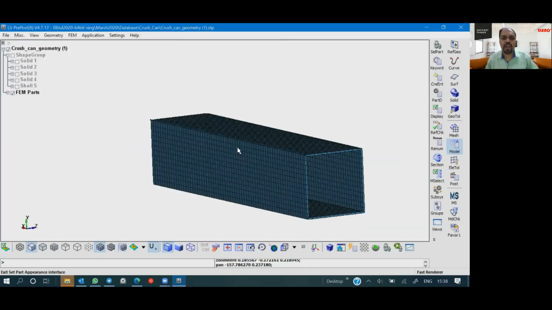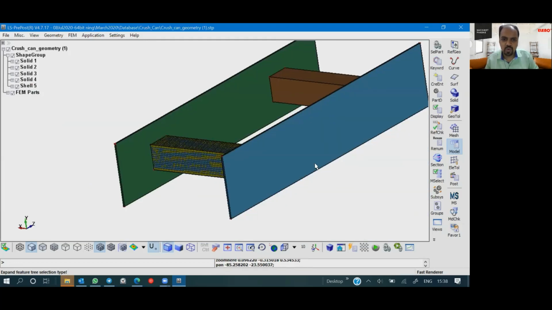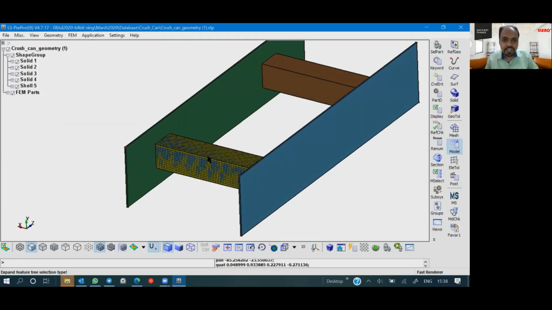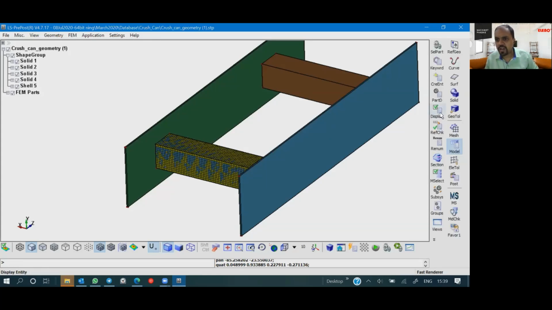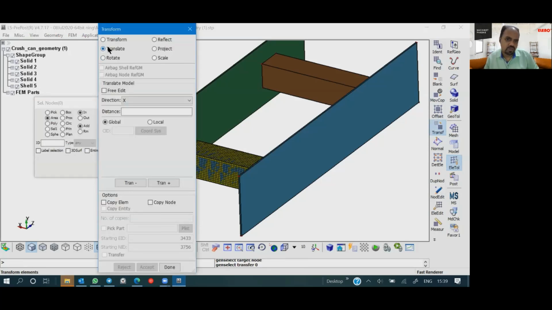So this is how you apply thicknesses in LS-DYNA. This is the LS-PrePost way of applying thicknesses. You can keep on applying thicknesses like this, and now you can make use of this mesh to translate a part from one place to the other. Let me switch on all the geometry, and let's imagine I just want to translate the elements, not the geometry. I can go to model, sorry, element tools, and go to transform.